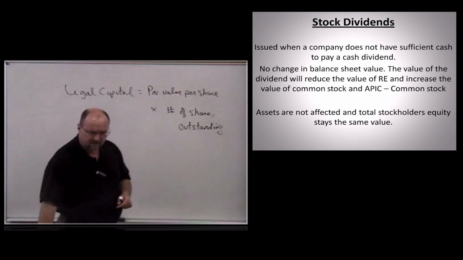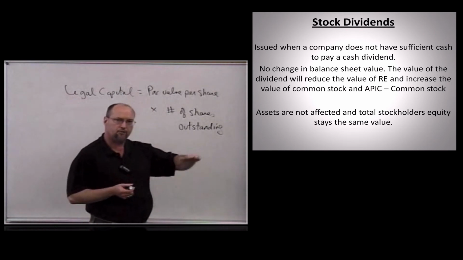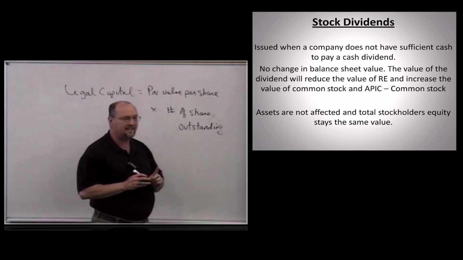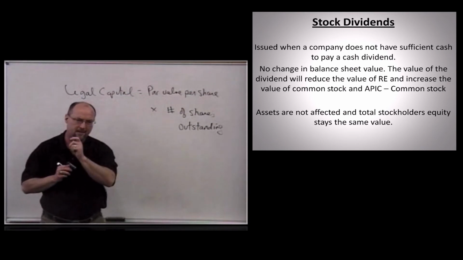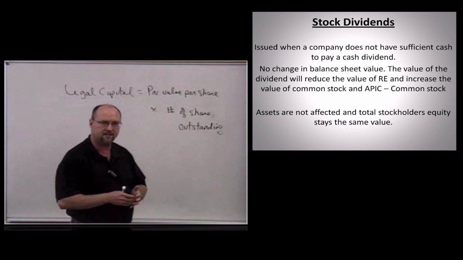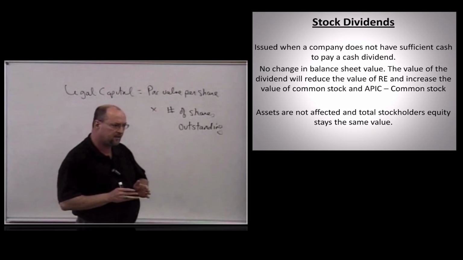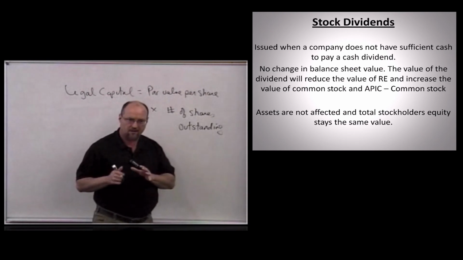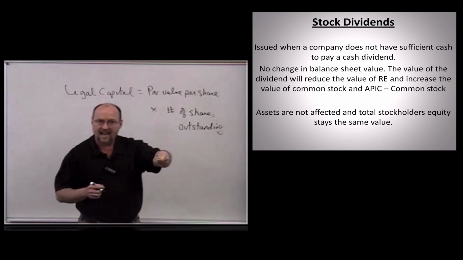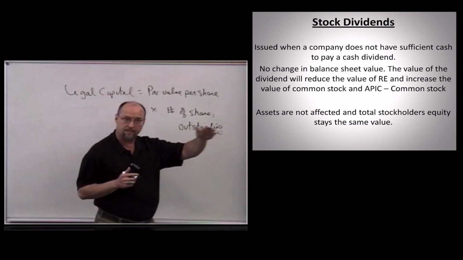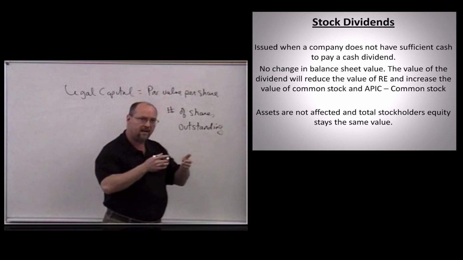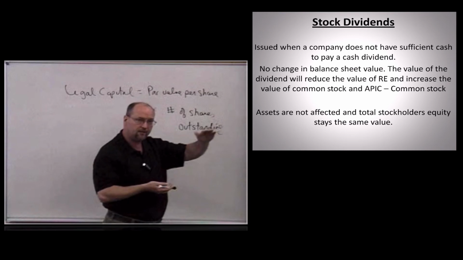Some companies, typically companies that are still in the growth phase, will pay a stock dividend. Okay, now a stock dividend is different than a cash dividend. We're not giving them any money. We don't really have the money to give them back. We need to reinvest that money back in the business. But what we're doing is we're saying, look, we want you to stay as investors, as stockholders. We're going to give you a few additional shares. And as the company grows and profits increase, our stock price will increase. And you will now have more shares of stock that are increasing in value.